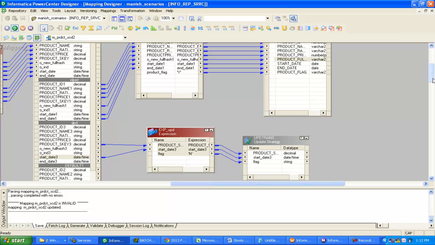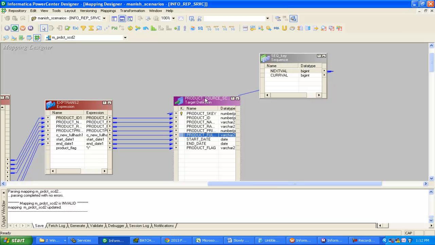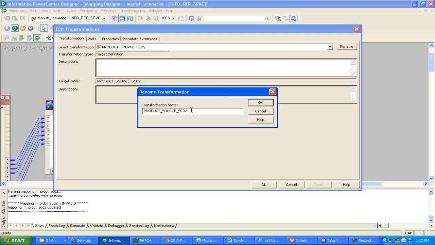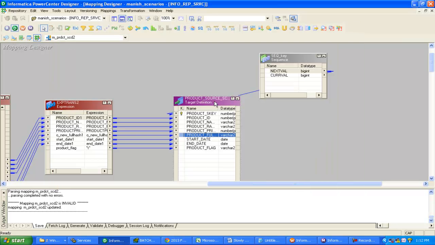Then we will rename these to new insert. New insert, apply, okay. Then we will take an instance of this target, copy, Control C and then Control V,